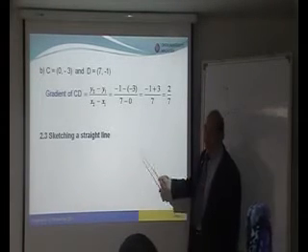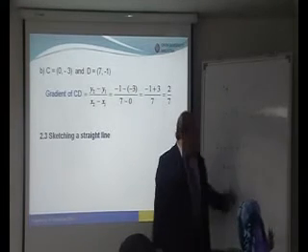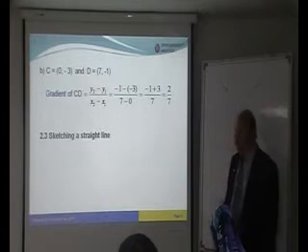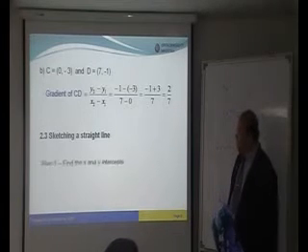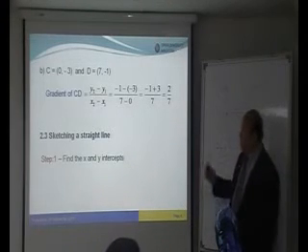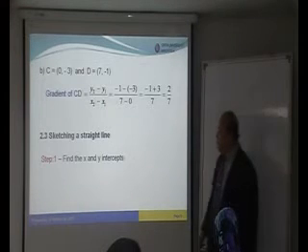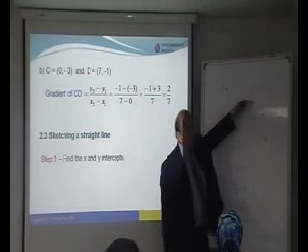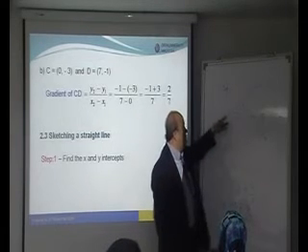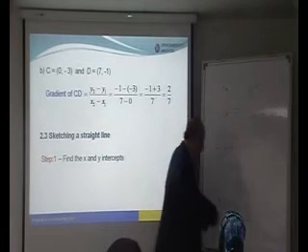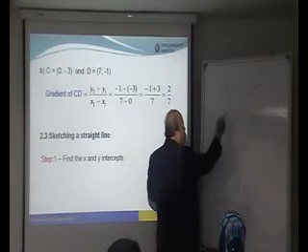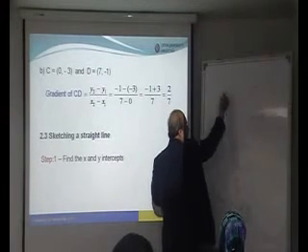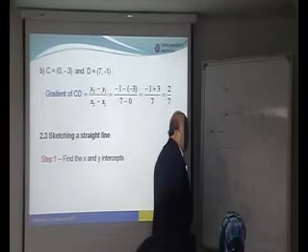Okay. Now next we go to sketching a straight line. So we want to draw this line. Alright? So how to sketch this line? Usually in the exam they will give you a few conditions. But let's look at the steps. Step 1, find the x and y intercepts. In order to draw this line, you need to find out where it cuts the y-axis and where it cuts the x-axis. If we continue to join this line, we can find where it intersects the y-axis and where it intersects the x-axis.